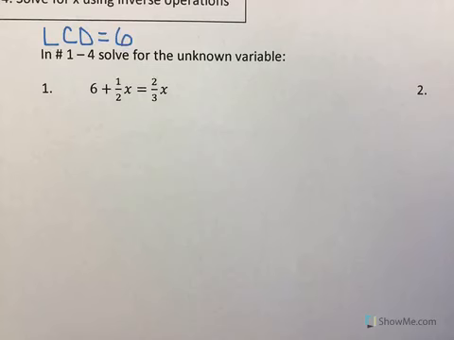and now that we know that, we're going to multiply every single term in this equation by 6. And there are 3 terms, so you'll have to include 6 times 6, 1/2 x needs to multiply by 6, and 2/3 x has to multiply by 6. Now, we know that 6 times 6 gives us 36,